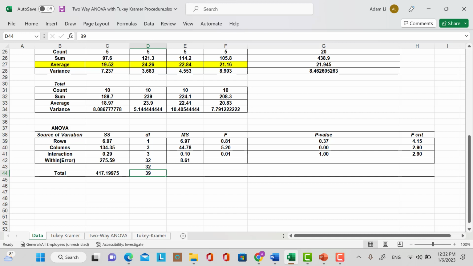And then dividing 275.59 by 32, we end up with 8.61. Then we divide each mean square from the row factor by mean square within, we get F values. Mean square from column factor by mean square within, we get the F value for column. Mean square interaction divided by mean square within, we get an F